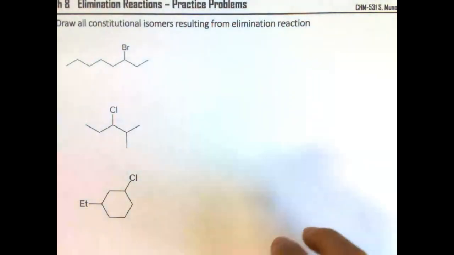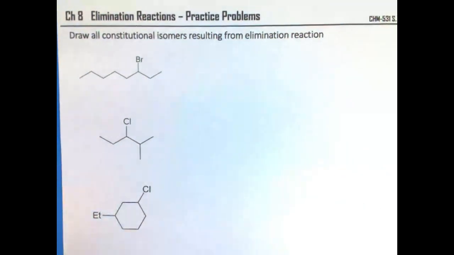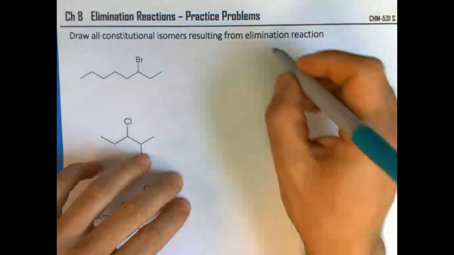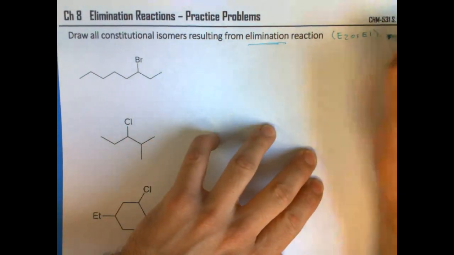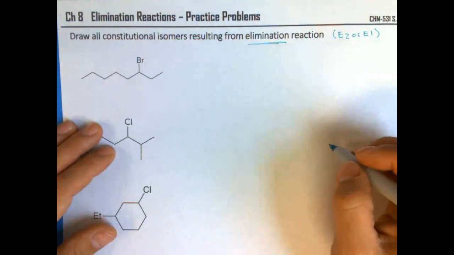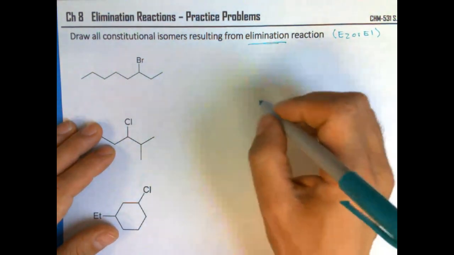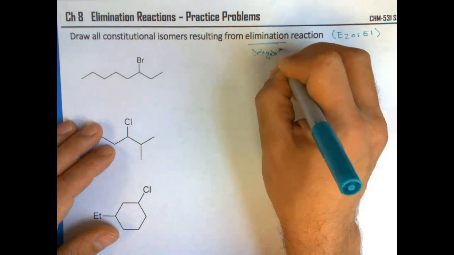All right, so let's start with a very easy and fundamental question, and that is to draw all constitutional isomers resulting from an elimination reaction. And this is not telling you whether it's E1 or E2, so it does not matter. So both you should consider. You simply have to draw all the possible products that can arise from an elimination. In other words, a dehydrohalogenation,